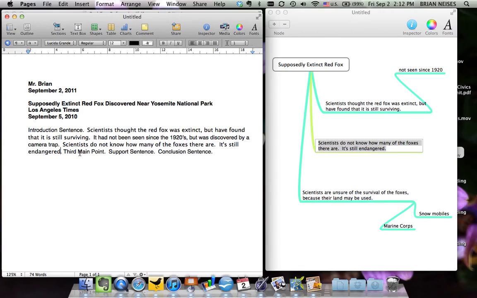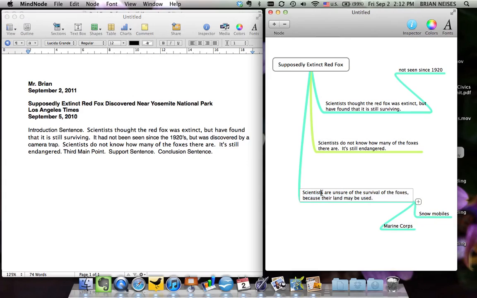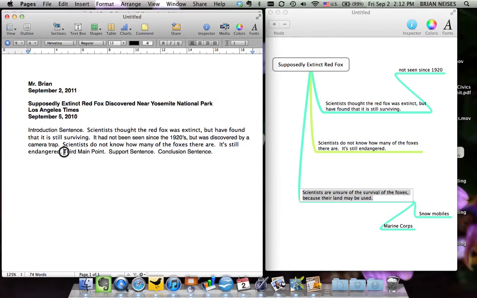And then my third main point is that scientists are unsure of the survival of the foxes because their land may be used. So my third point is, I don't actually write that, but I can type in what I have on my main points if I've done it well. Scientists are unsure of the survival of the foxes because their land may be used. And then I need a support sentence. Okay? So I might say, their land may be used by the U.S. Marines or for snowmobile,